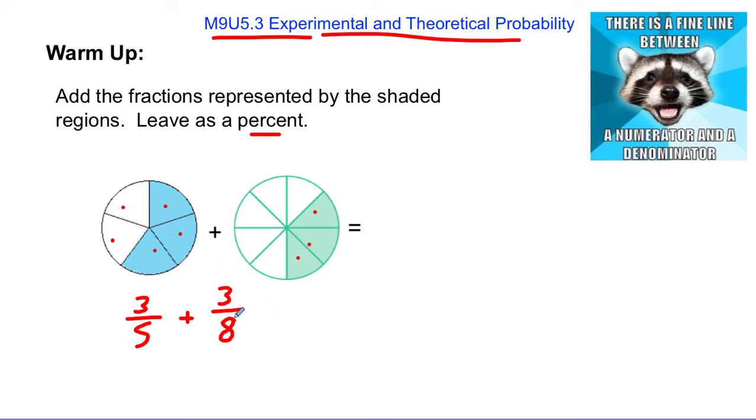And so we're going to have to add those up, but the problem is this is a different size piece than this. We can't really add them until they have common denominators. So an easy common denominator would be found by multiplying this whole thing by this denominator and this whole thing by that denominator, right? So let's multiply this by 5/5. We're multiplying by 1, so we're really not changing anything, and we're going to multiply this side by 8/8, which is 1. We're not really changing anything, except for how the